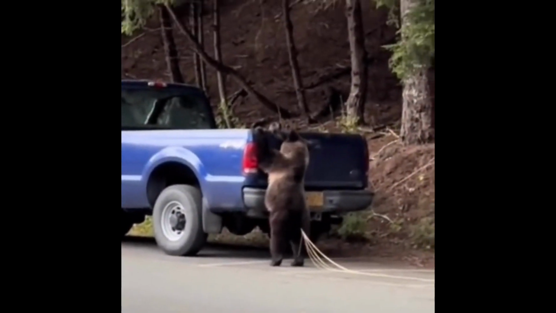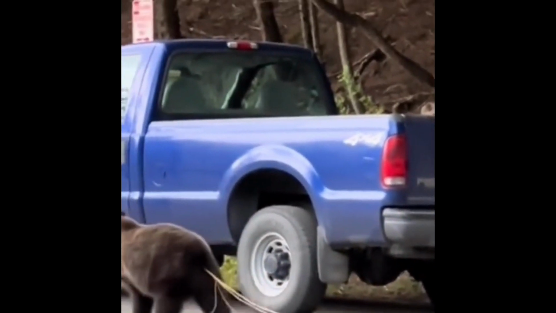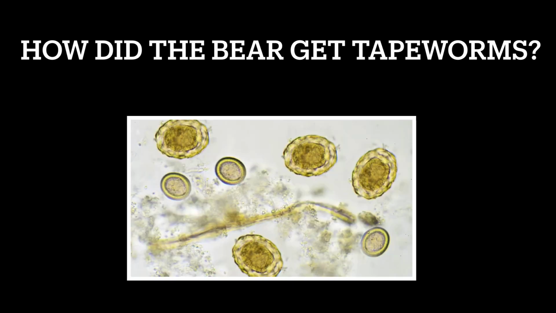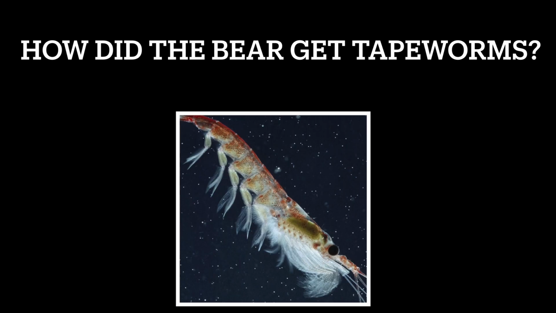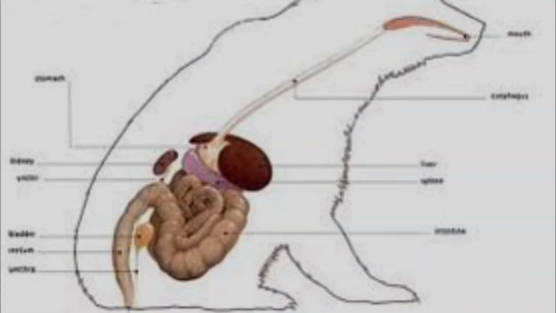Now that we have our foundation of parasitism, let's look back at our example and look at this interaction. A chain of events had to occur for the bear to get these tapeworms. This means that the tapeworms had laid eggs, and then these eggs were eaten by crustaceans, which salmon mostly eat. And salmon are a main source of nutrients for bears. So that means it had to go through two other organisms before it reached the bear.